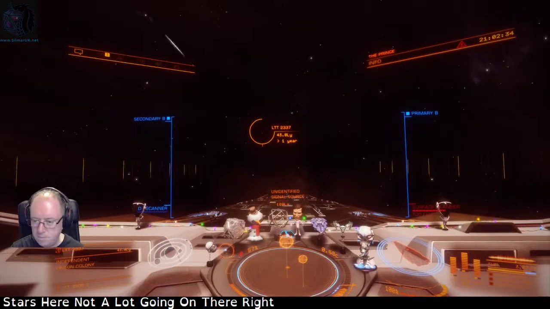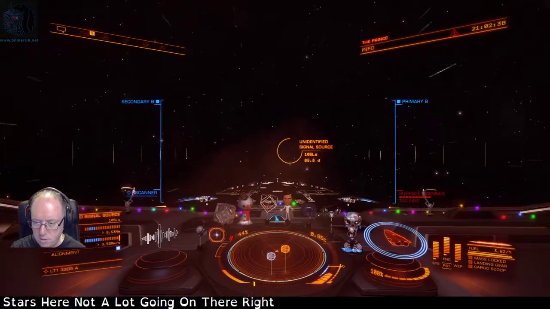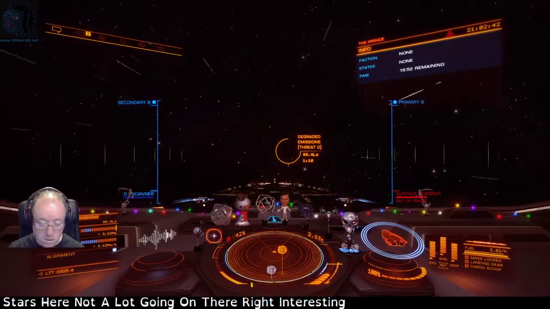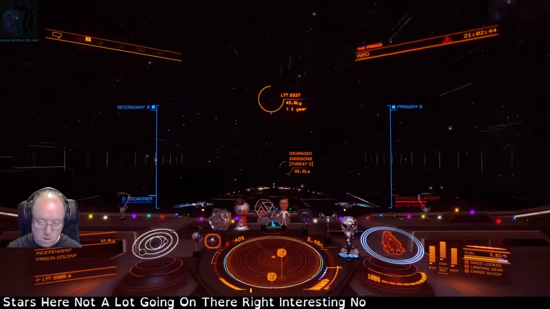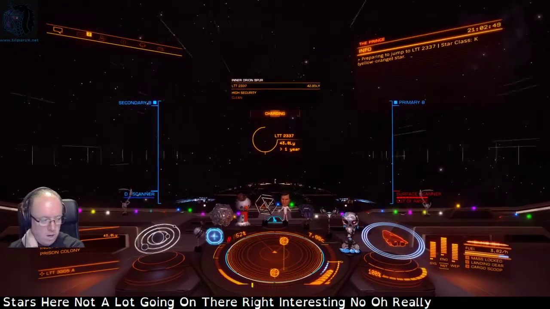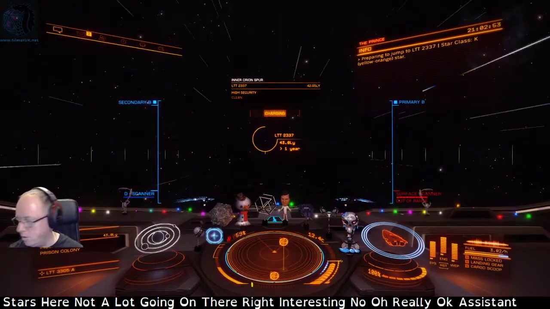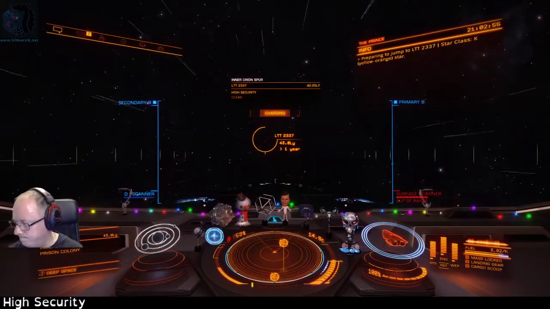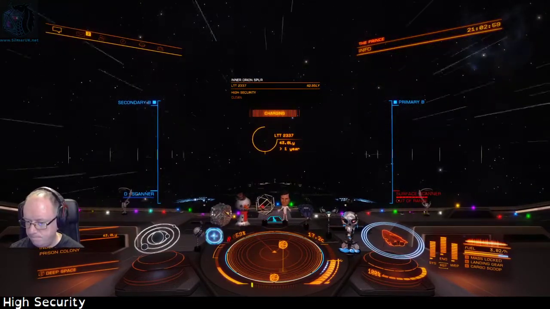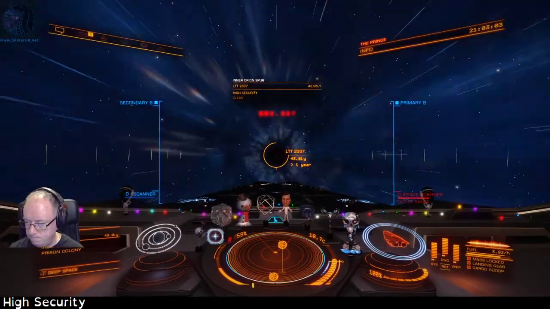Right. Anything interesting? No. Oh, really? Frameshift drive charging. Okay. Next system. High security. Four, three, two,